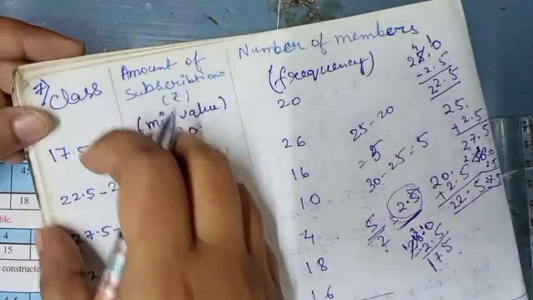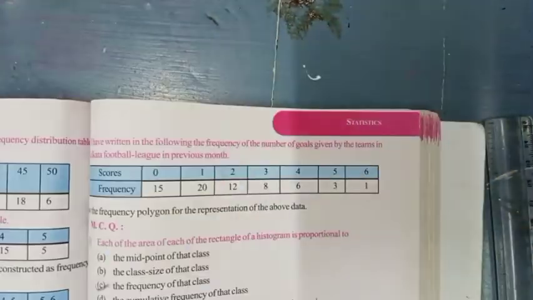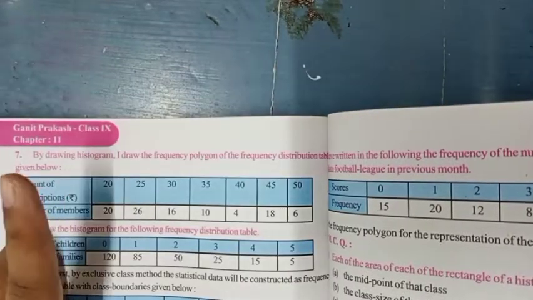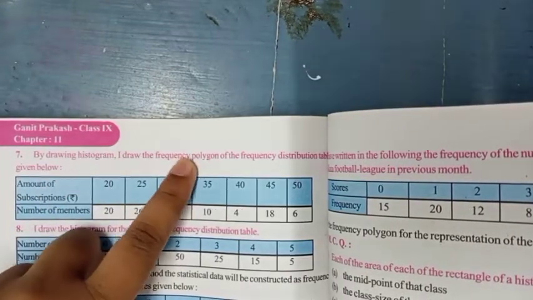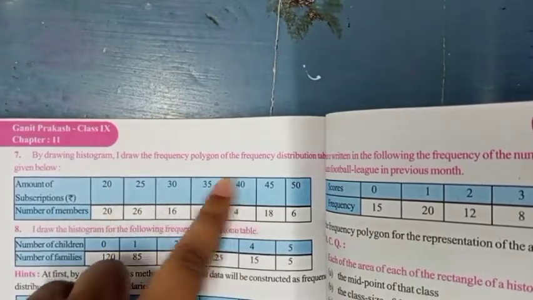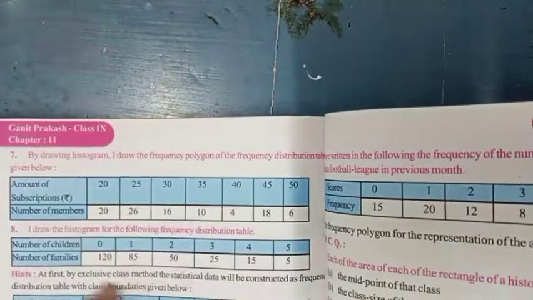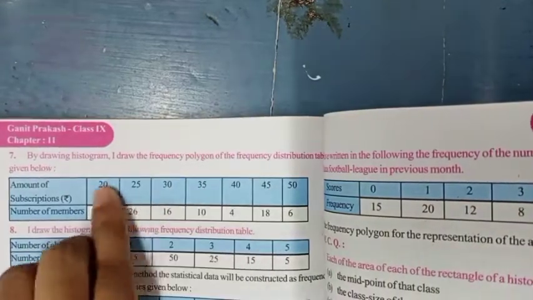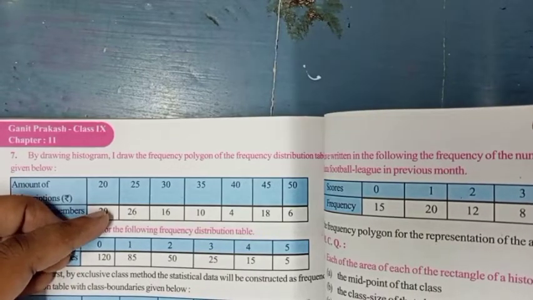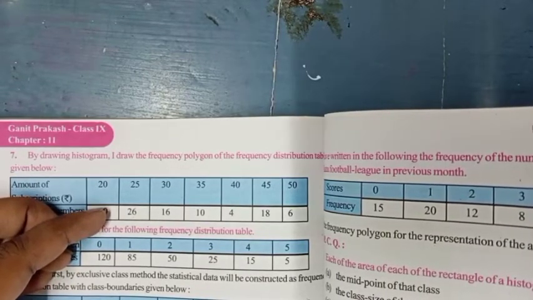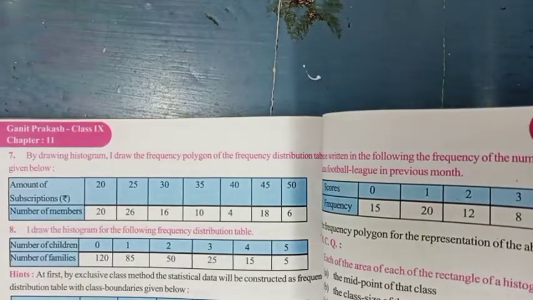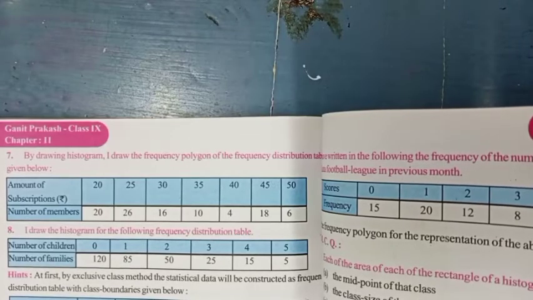Okay, like this you have to make classes when this type of question is given to you. Means when they tell you to make a histogram as well as a frequency polygon, and these two columns are given to you. Here there is no limit. It means that you have to find that limit, and this one is nothing but the mid value given to you. If mid value and frequency are given to you, you can easily draw a frequency polygon, but it is impossible to draw a histogram, because for a histogram you need lower limit and upper limit.